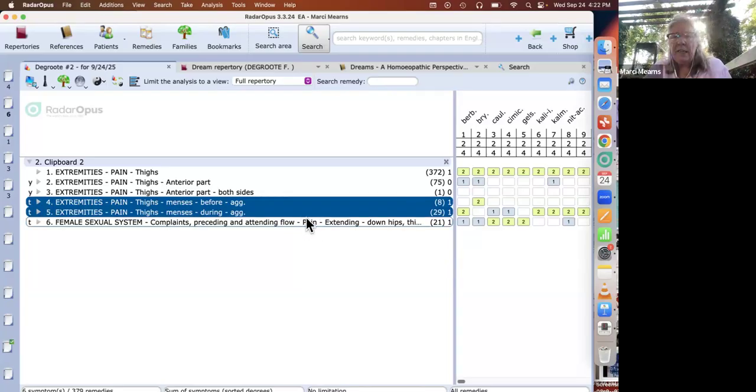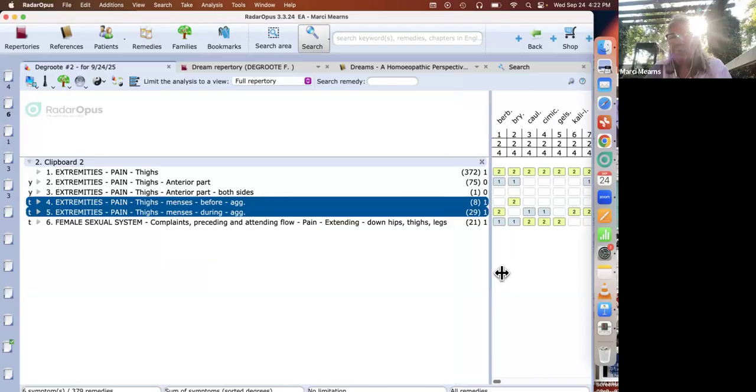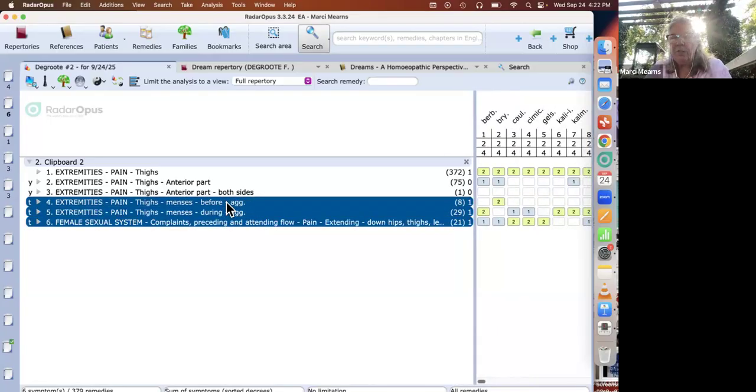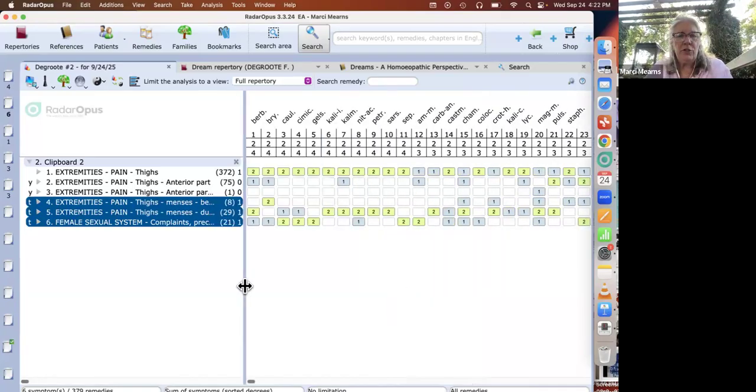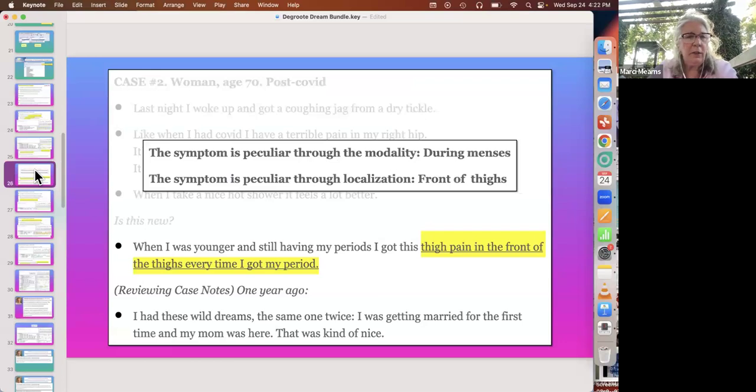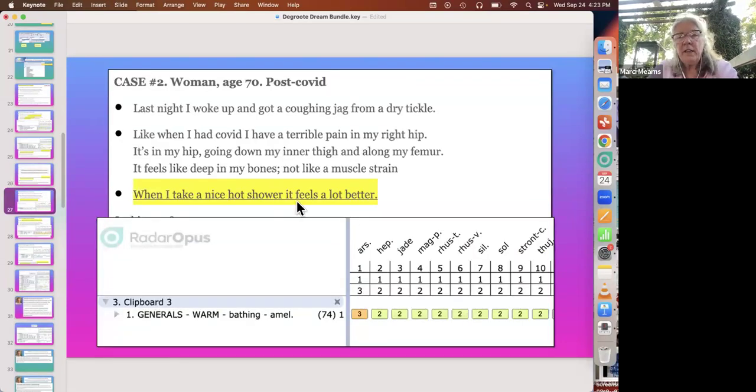Complaints preceding and attending the flow, extending down the hips, thighs, and legs. Okay, so I grouped all this stuff together, and I figured that's really kind of key to understanding the peculiar nature of this case. But we're not done. So let's get on with it here. Okay, we looked at that. When I take a nice hot shower, it feels a lot better. Okay, clipboard 3, warm bathing ameliorates.